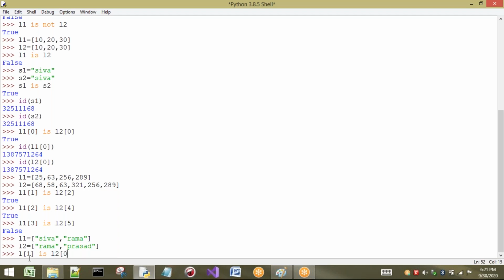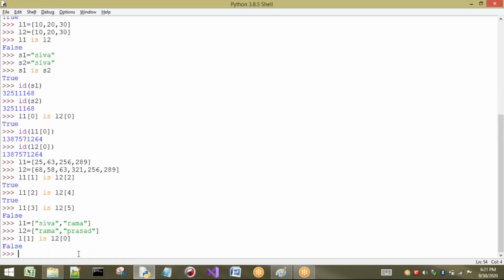That means what I am asking: the first location element in L1, is it having the same address as L2 of 0 or not? I am asking that. Yes, it is having. One minute. Sorry, here I have to write L1 of 1. L1 of 1 is L2 of 0.